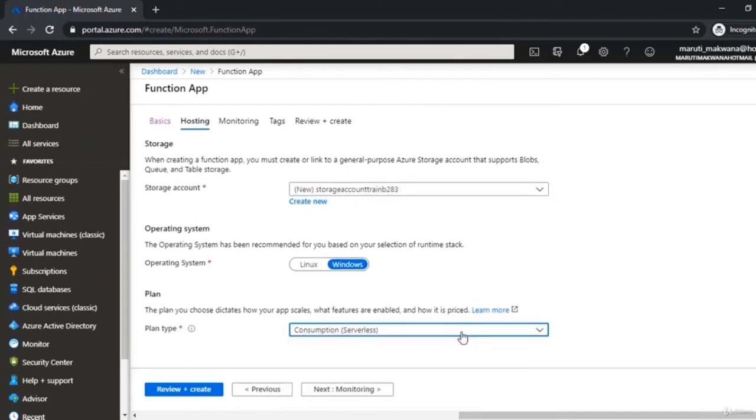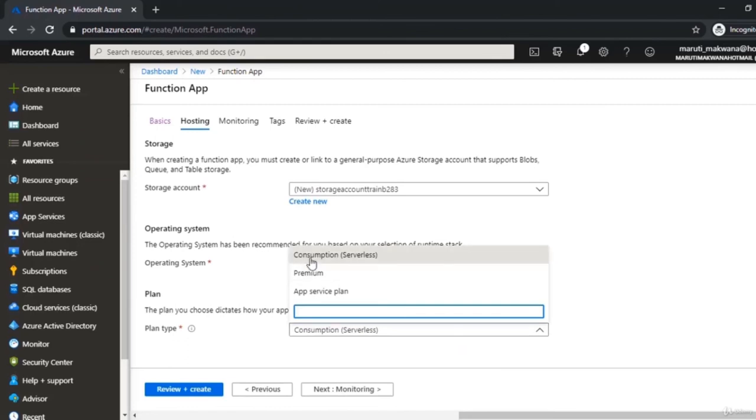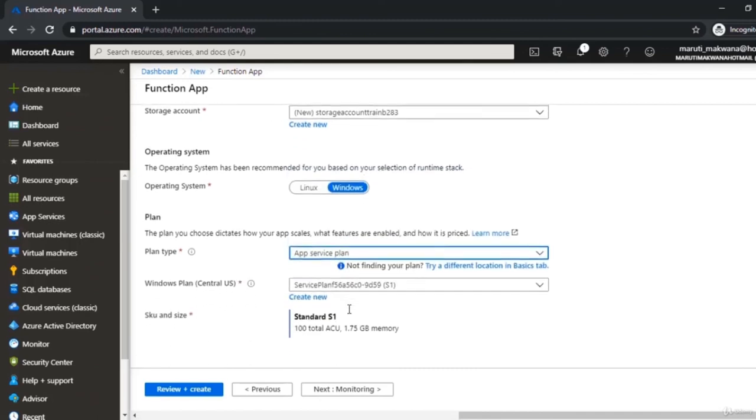And then here is that particular drop down which is making sure that this one is going to be serverless. Now if I choose consumption plan, it's going to cost me only when I execute my function, and this costing will be based on the time of that execution which is occupied by that particular code. Now if I choose consumption, technically I do not need to pay any amount unless I execute that thing.